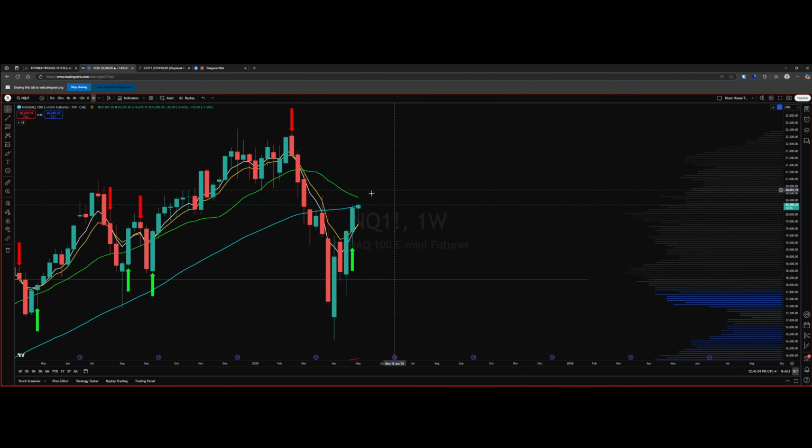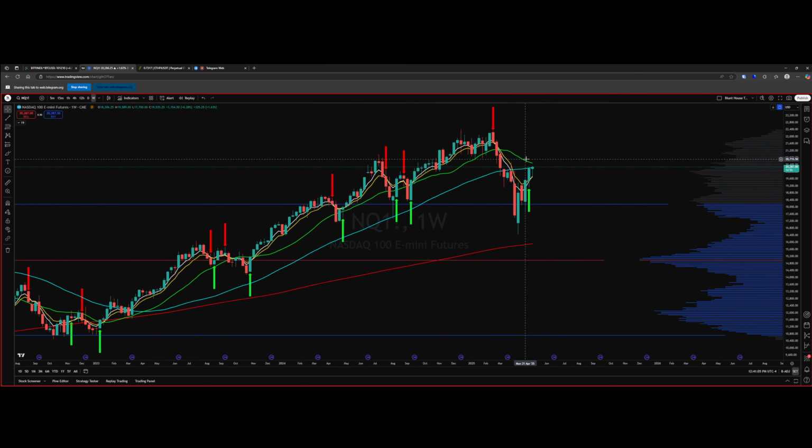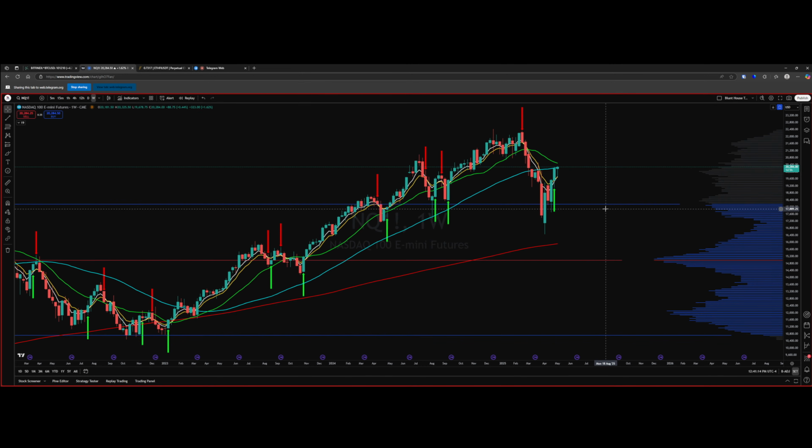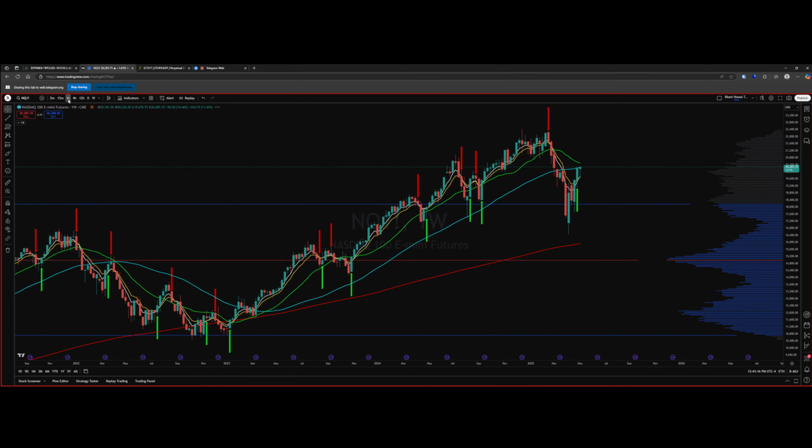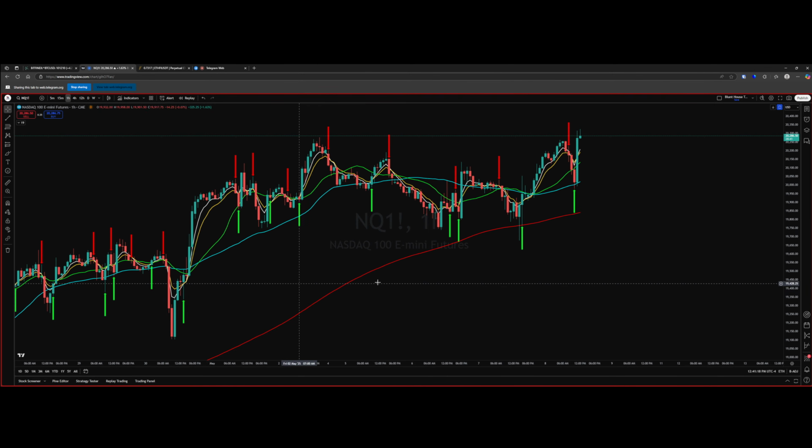The body of this weekly candle, I'd like to see it a little heavier if it really wants to challenge that range. So that's kind of where I see NQ going, but if you're looking at a shorter time frame,